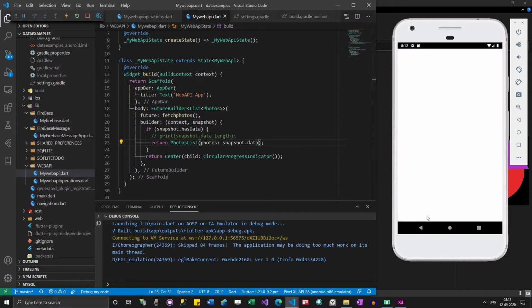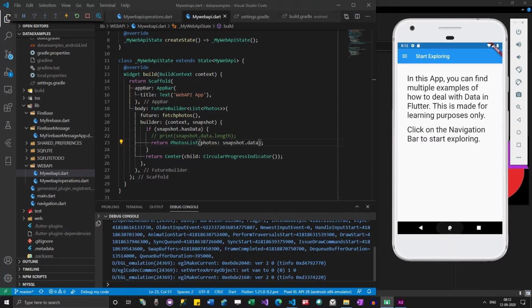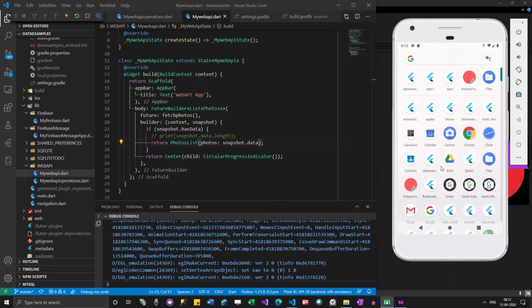Okay, the APK file is loaded now. Let me go back and see whether it got any icon or not. If you see data examples, it is having a default icon. Let me open this same project in Android Studio.